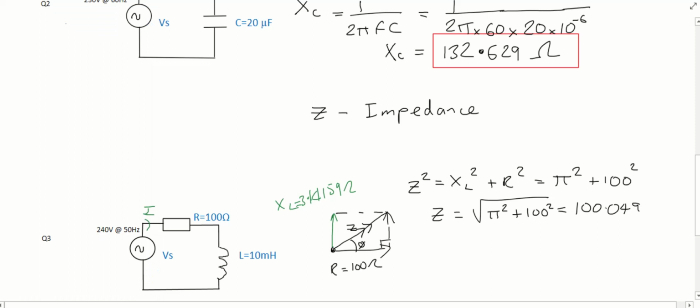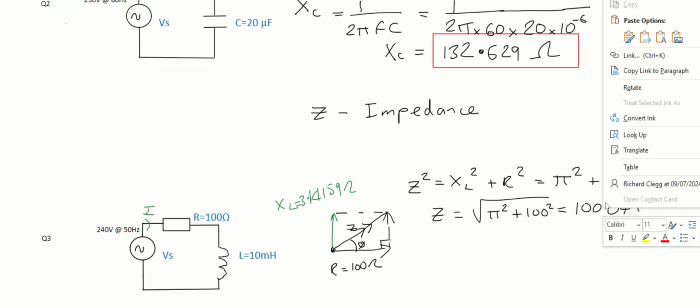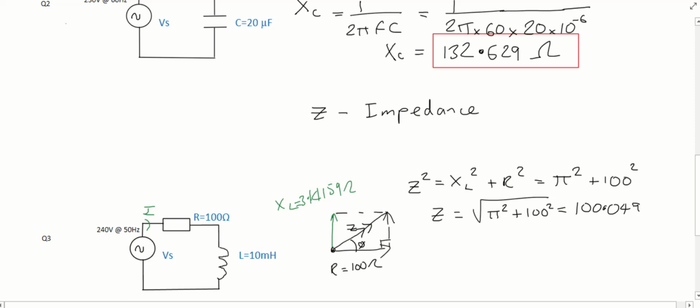100.049, and that is in ohms. Okay, that's good. So now you notice the current is labeled on there, I. Okay, so now we can work out the current using an Ohm's law style formula. So V divided by Z, and the V is actually the resultant supply voltage, which is given in there as